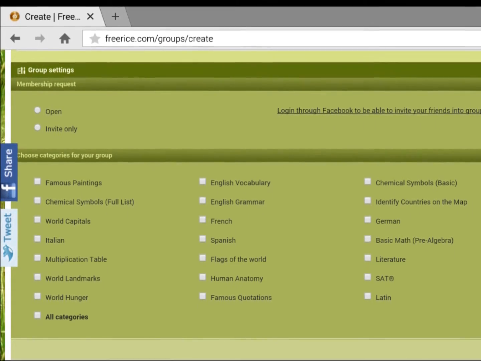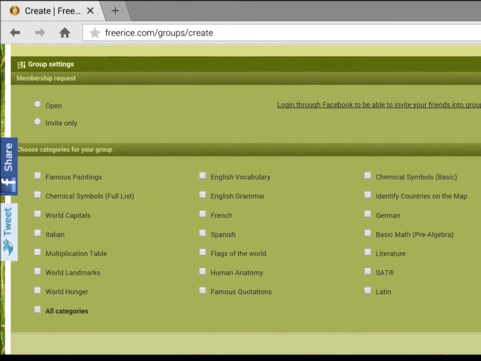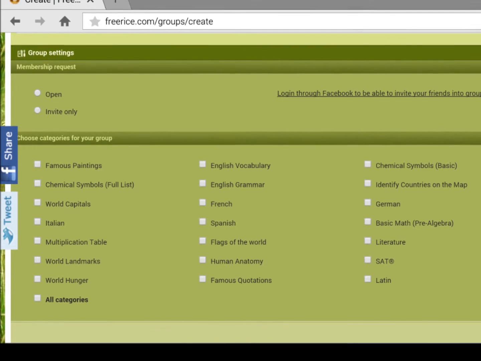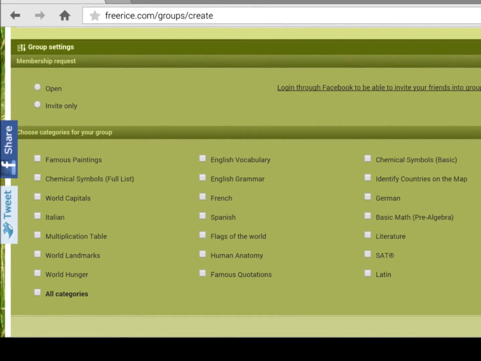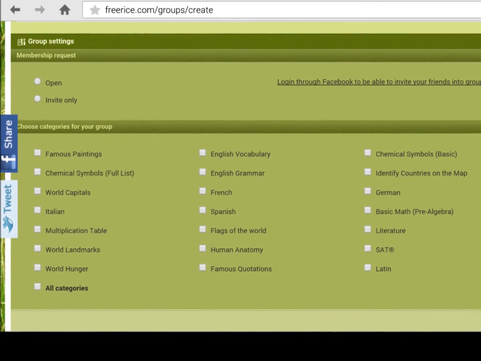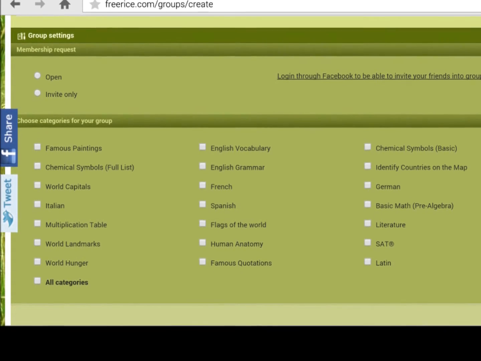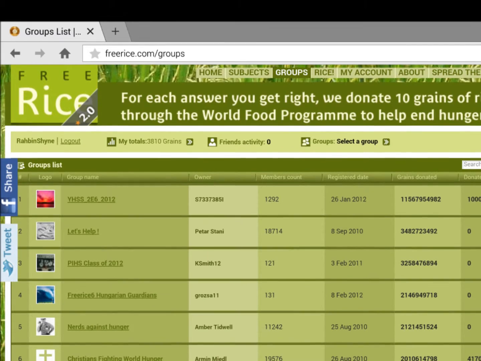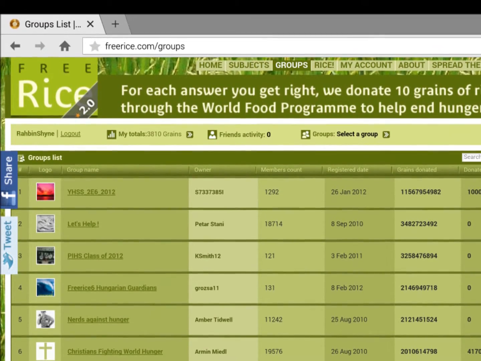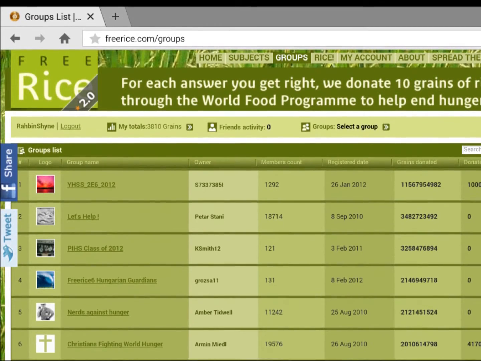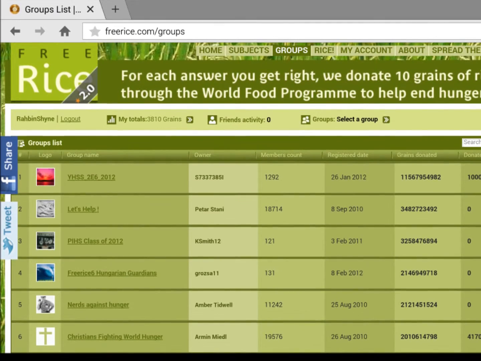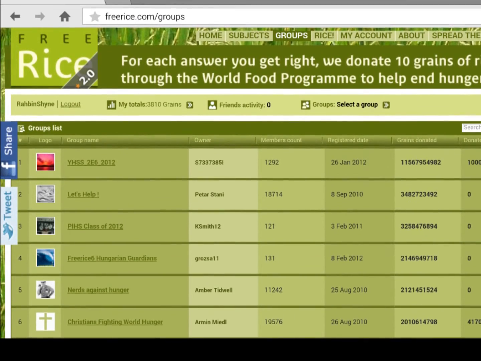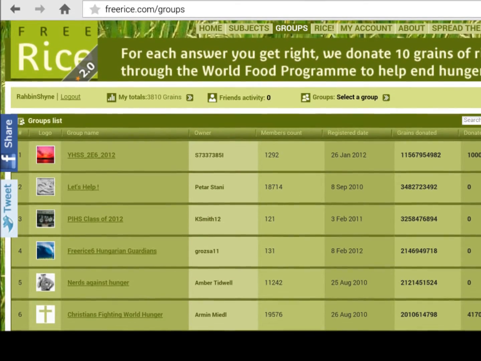And you're going to choose the categories. If you're having subject area competitions, then you may have different groups using different subject matters, or if it's school-wide, just choose all categories. Once you name your group, you'll be listed in groups and people can find you, both students and parents, as well as boosters, any members of the PTA, your community members, and all of them can participate. And that's a good way to advertise the compassion game that you're holding on your campus.